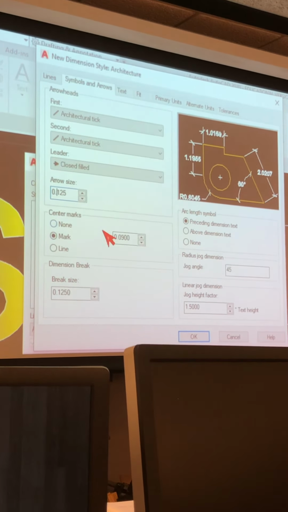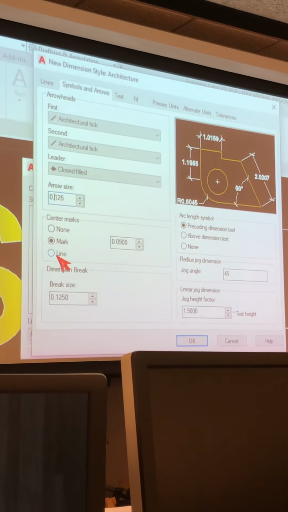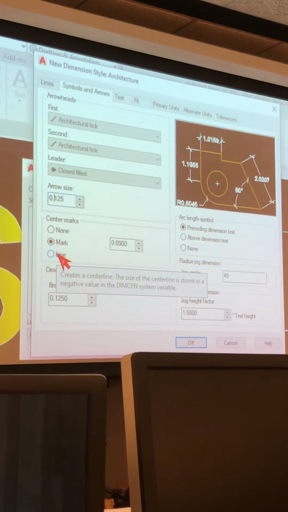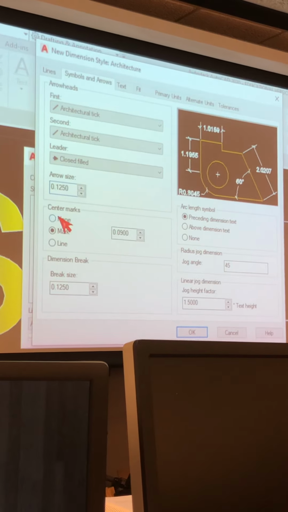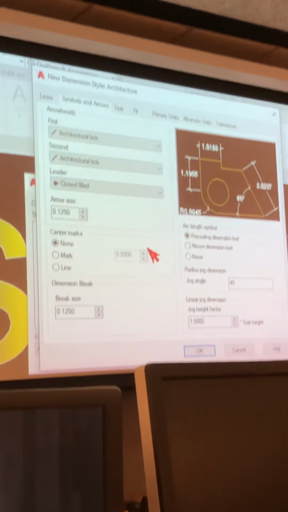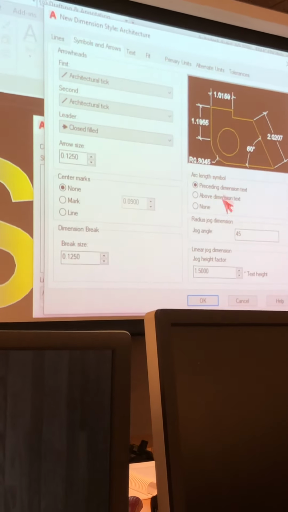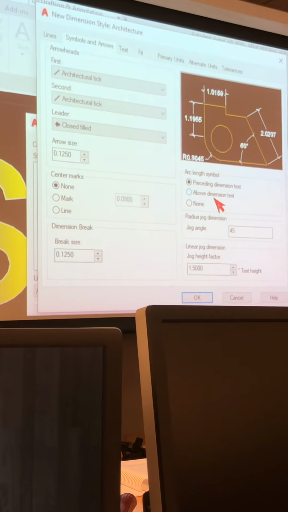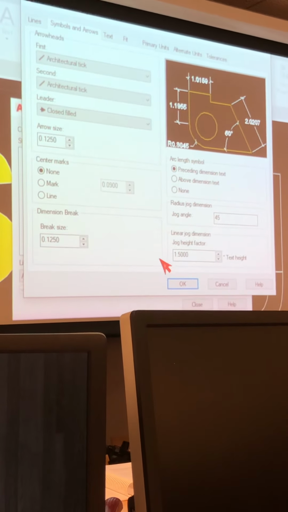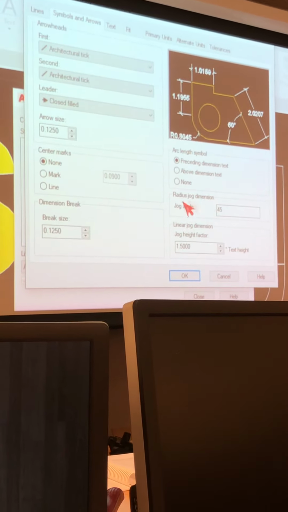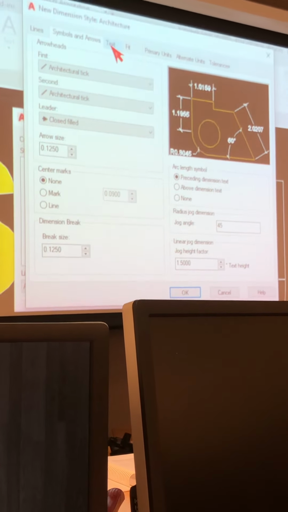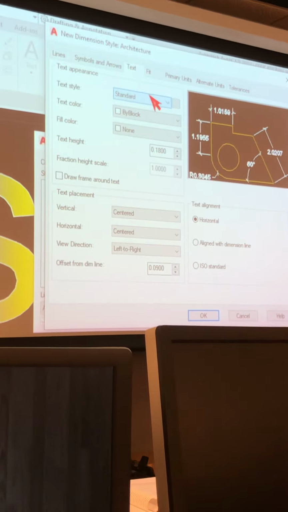Do you want to use center marks or center lines with some of your dimensions like diameter and radius? I'm just going to say none because I want to go in and add my own center lines. If you use arc length, do you want to have the symbol before or after? This all deals with the radial and the linear jog. All right. On your text, you pick your text style,